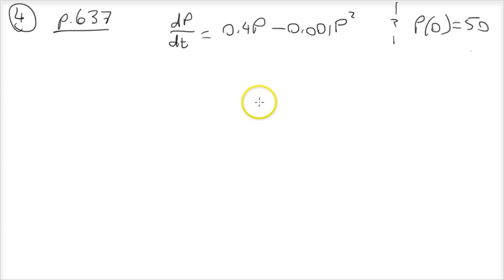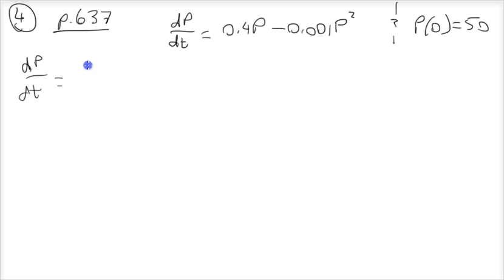So the first thing we need to do is just rearrange this formula so it looks the way we want it to, with the kp times 1 minus p over m, and whatever the p is over is going to be the carrying capacity. It's going to be the m. So we can write out dP/dt is going to be equal to, we can factor out a p and a 0.4. So that will give us,